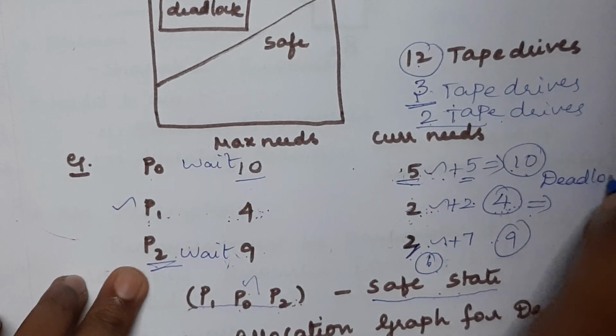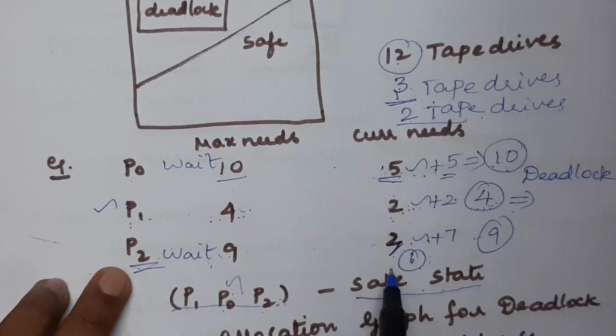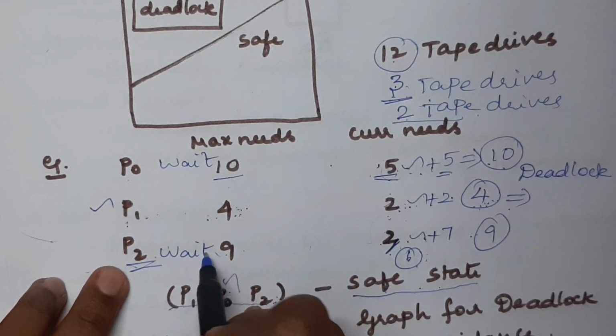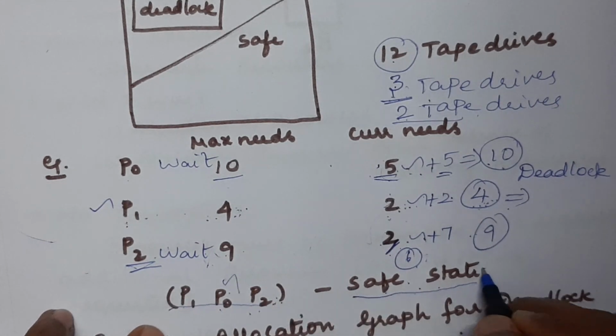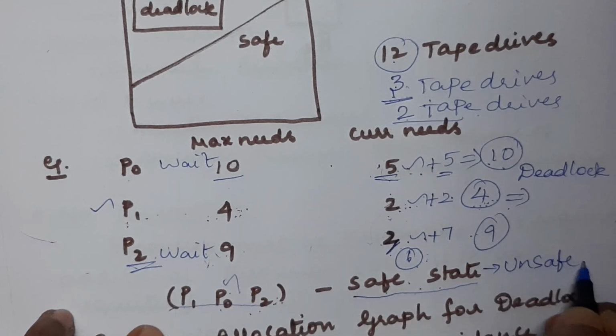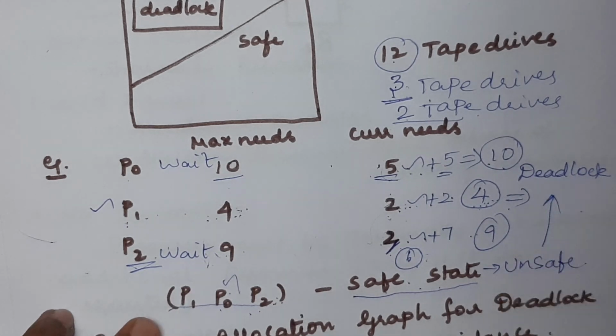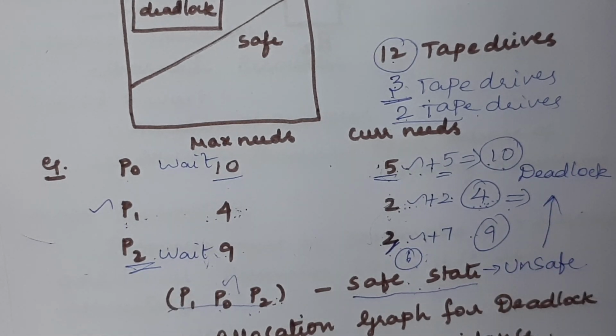So in the same example, if you grant one more request to process P2 initially, even if you follow the same order, it will change to an unsafe state. So there we can get the deadlock. This is how we need to check, whenever we allocate any resource to a requesting process, whether it will lead to a deadlock or not. This is how we avoid the deadlock by this method. Okay, thank you.